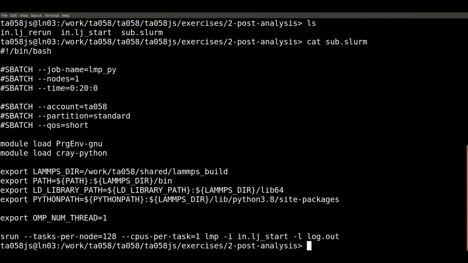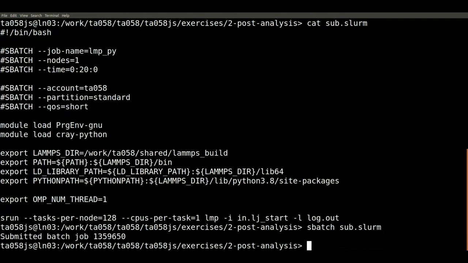If you look at sub.slurm, you'll notice that all it does is run on 128 MPI ranks, 1 OpenMP thread per rank. It runs the file in.lj_start. If you just run sbatch sub.slurm,